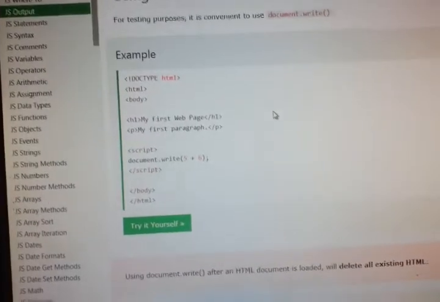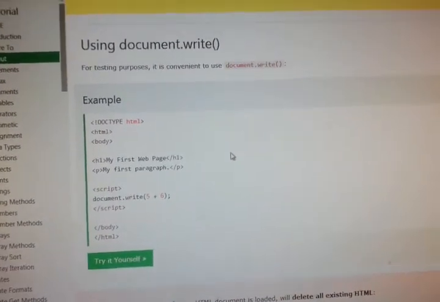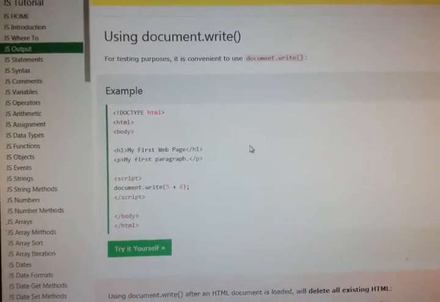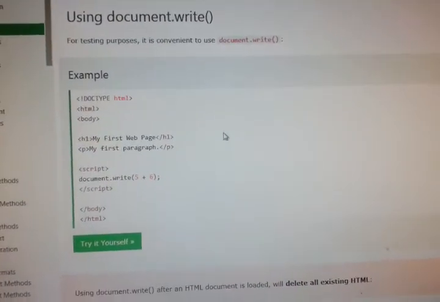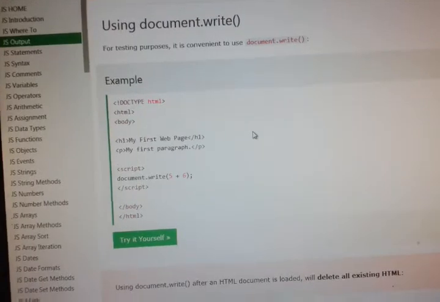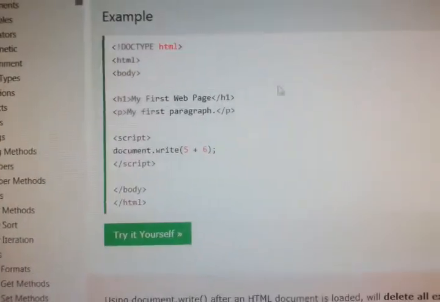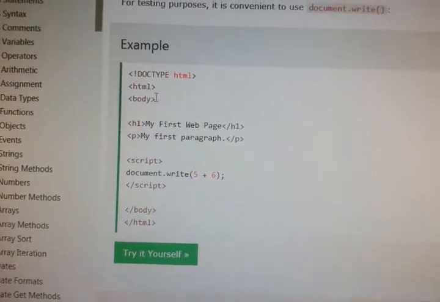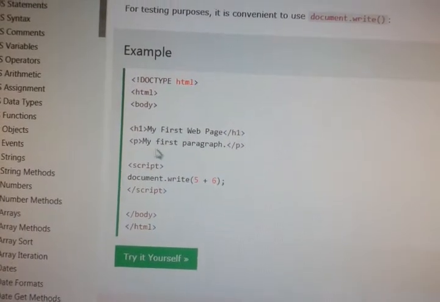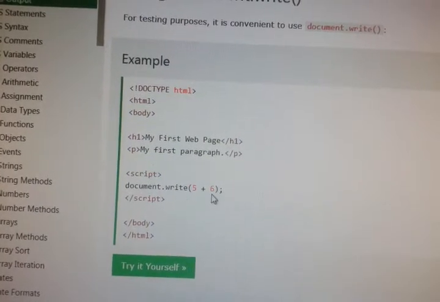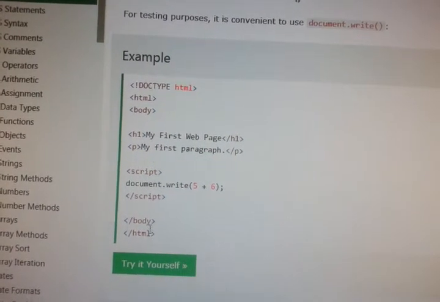Now there is another way. Instead of using innerHTML, there is another way, using document.write. We will see an example of how to write that. Again we have to write HTML, body, h1 tag and p tag, script, document.write 5 plus 6, close script, close body and close HTML.